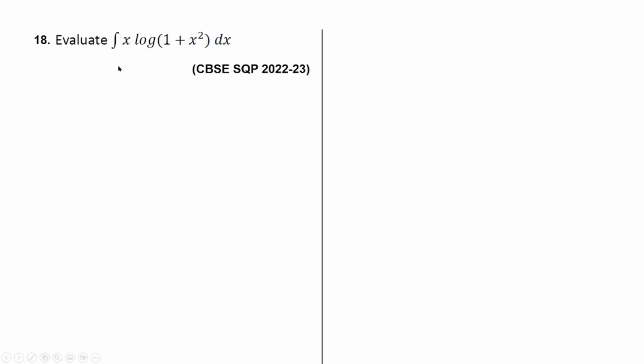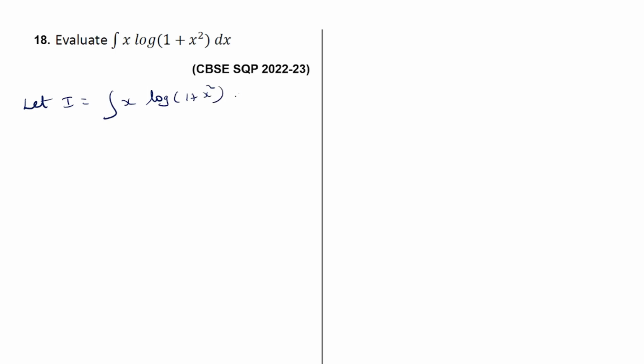Next question, evaluate integral x into log of 1 plus x square dx. And this question is also given in the CBSE Handbook in the exercise under integration by parts. So let the given integral be I equal to integral x into log of 1 plus